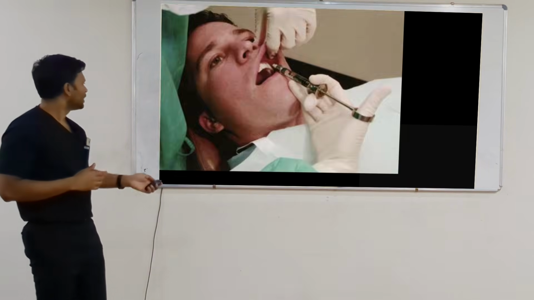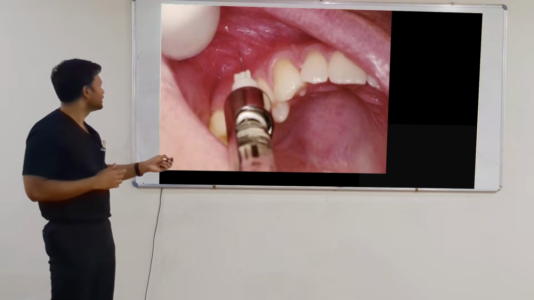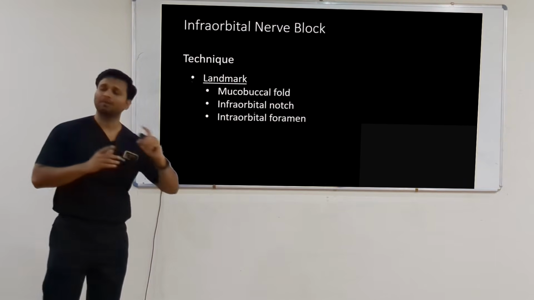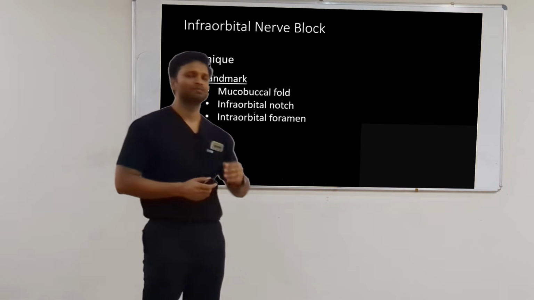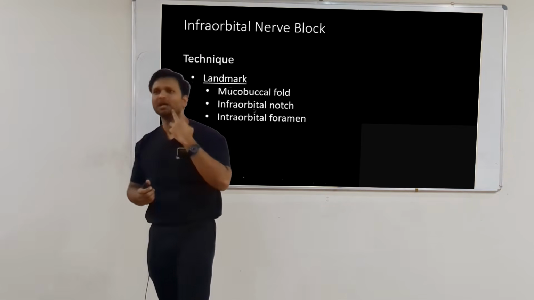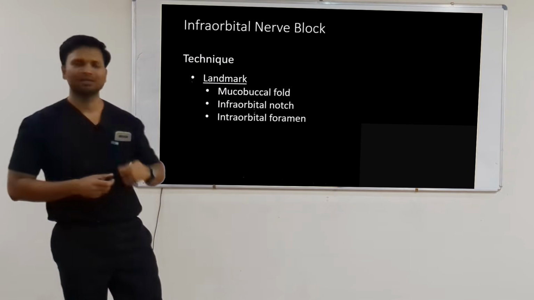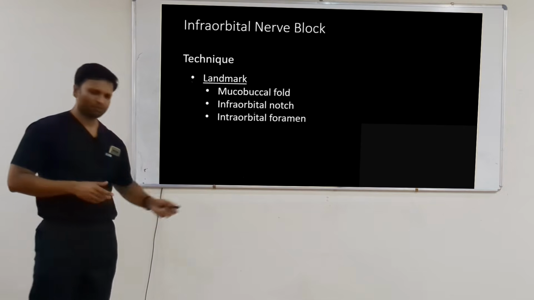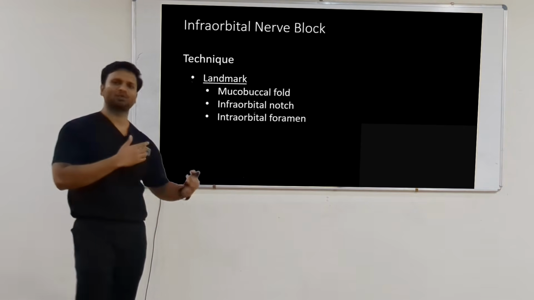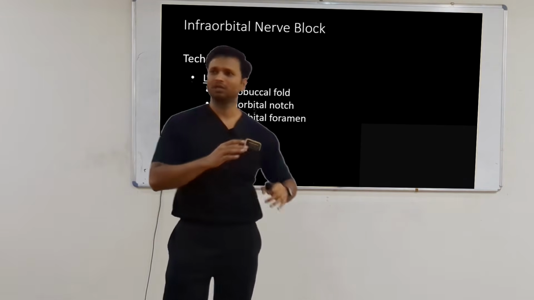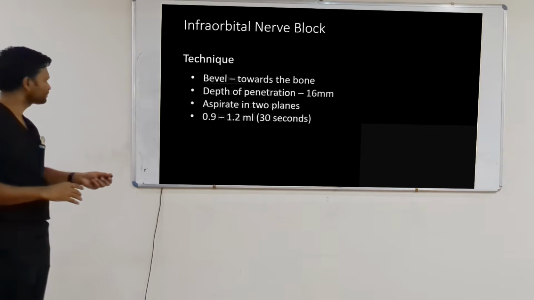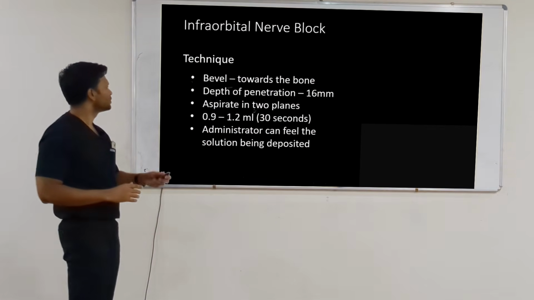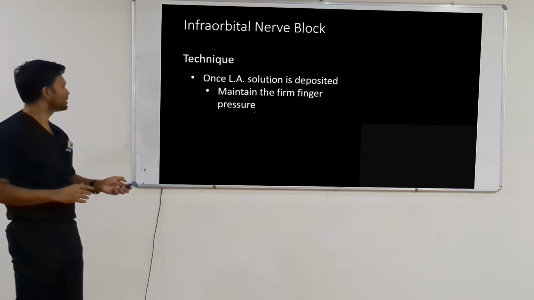And another thing, let's go back. These are all the landmarks given in Malamud. अगर आप दूसरे textbooks देखोगे या Monims देखोगे, they have given mental foramen, mandibular premolars, first premolar. But from what I have been doing for the last 12 years, these landmarks are more than enough. Malamud is more than enough. कोई और textbook लेने की ज़रूरत नहीं है. Okay? So, we've already talked about this.